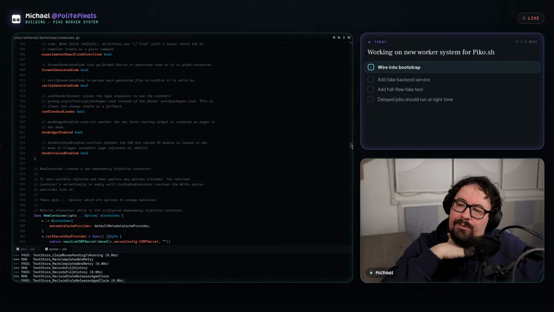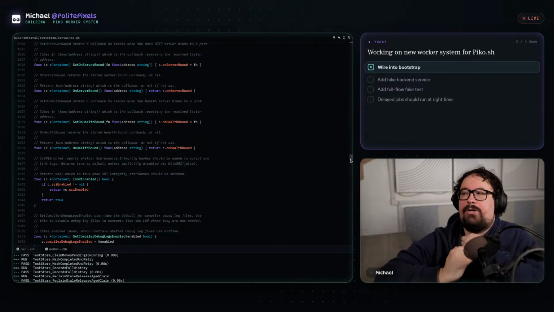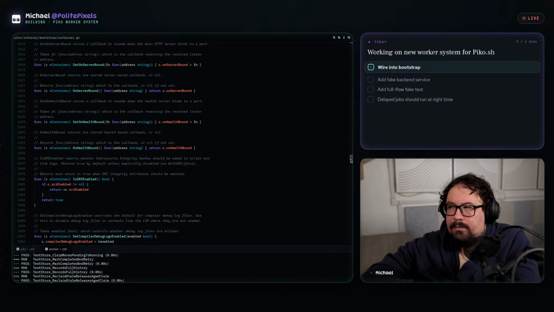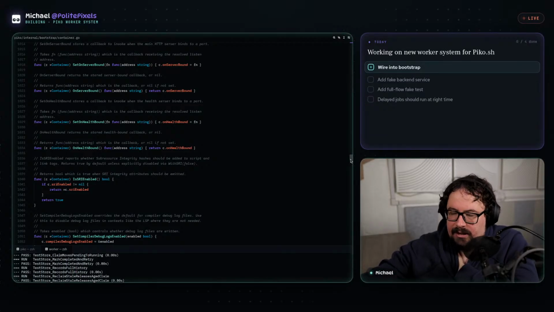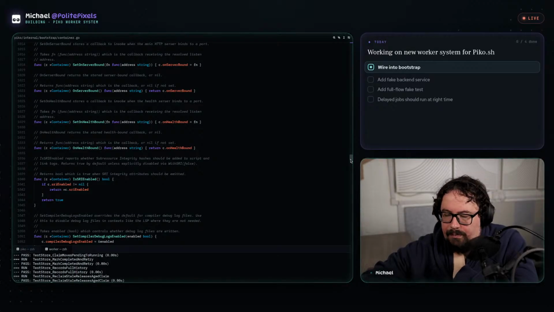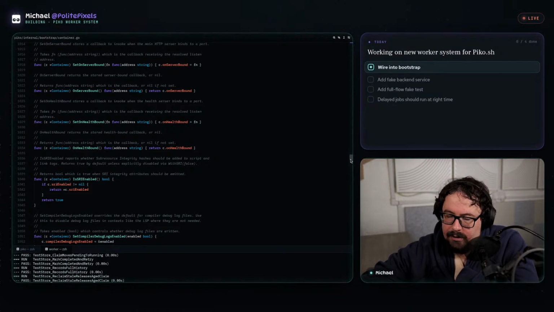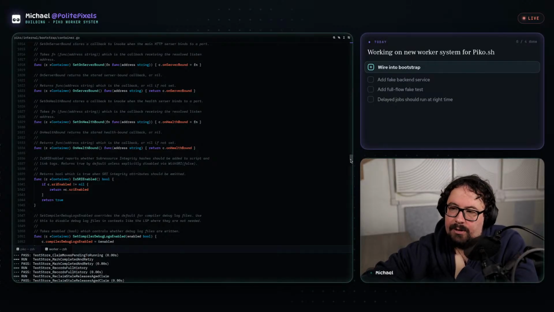I need to review this code at some point because I have a concern that the startup times for Pico are too slow. Now, that doesn't mean it's slow to start up. It starts up in like a second or something. But I do wonder if it's too slow. Because if it starts up in a second on my fast computer, when you're running in a container with limited resources on an old CPU architecture, that 1 second may be multiple seconds, and you can start feeling that.